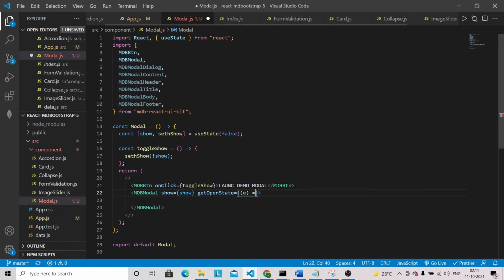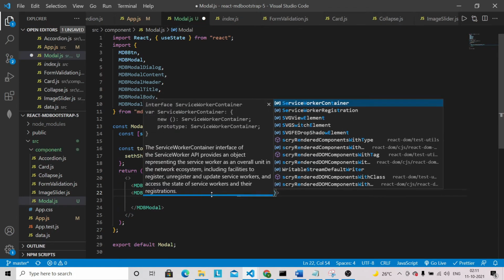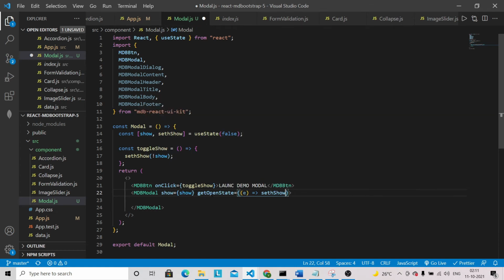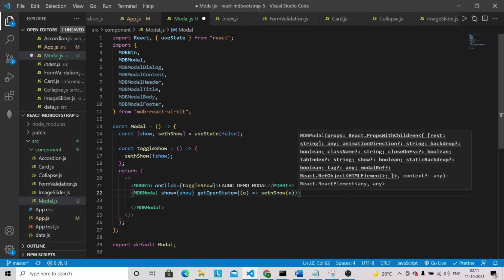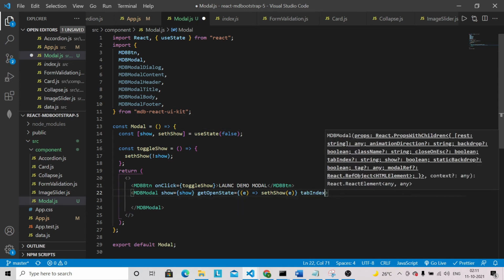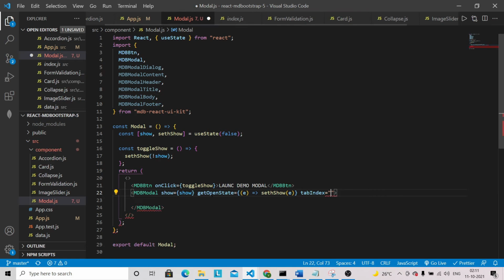Then setShow, and we also have to give a tabIndex, which will be -1.